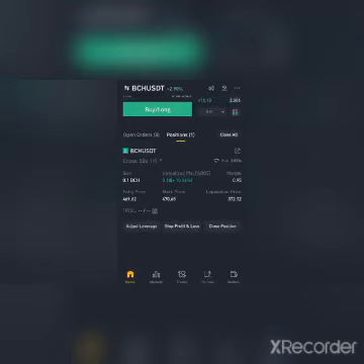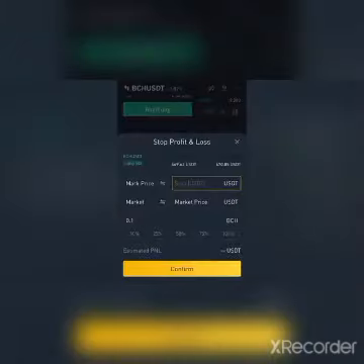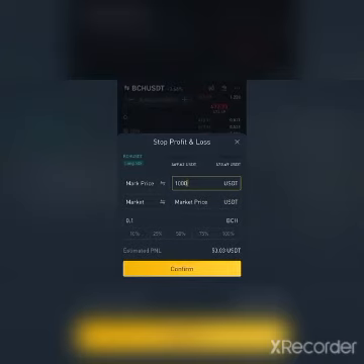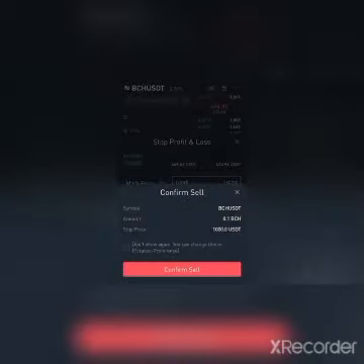In this trade right now, if I want to select my take profit and my stop loss, I would have to click on stop profit and loss. Now when I click on this, I can select the price at which I want to take profit or the price at which I want to stop my losses. Let's say on this trade I want to take profit at around 1000. The estimated profit you'll be getting would be 53.03 USDT. That means this would be the profit I would be making if I close my trade at around 1000 USDT per Bitcoin Cash. So if I confirm this, confirm sell,